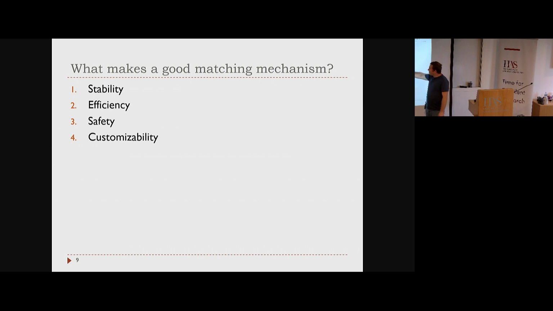By customizability, that's a new one, right? You don't see it that often. Customizability, I did it yesterday. I mean that you can adapt the algorithm to many different scenarios, and it's relatively easy to understand and implement. And stability, that's the main property that we care about when we're doing that, and stability means roughly that